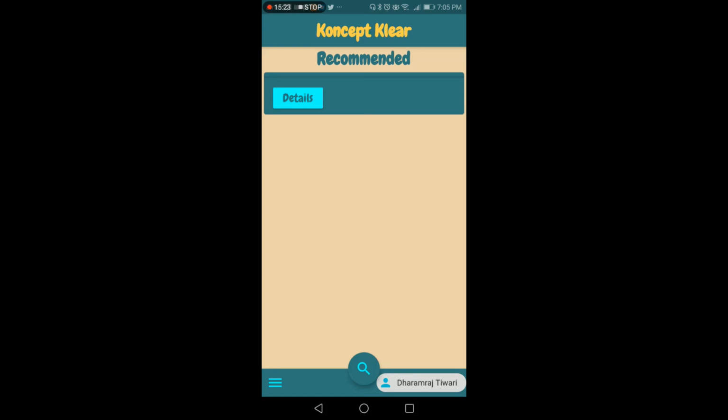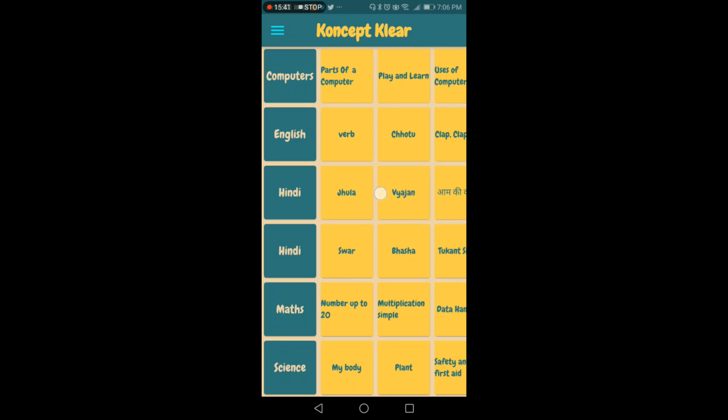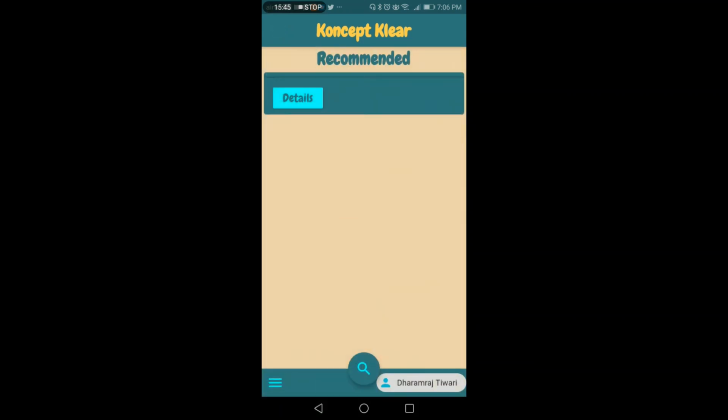Best means the teacher with the highest rating, and those profiles will be displayed to the students on the home page. Okay, because when the student opens this app, they will directly come to the home page. So mostly students won't go to this grid and check one by one. Okay, from the home page itself, whatever they see, they will immediately buy.